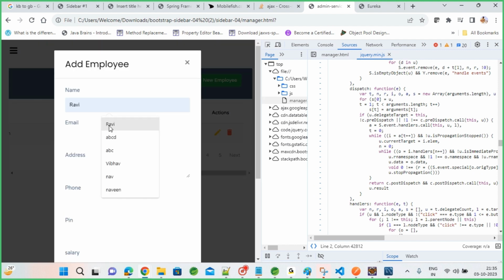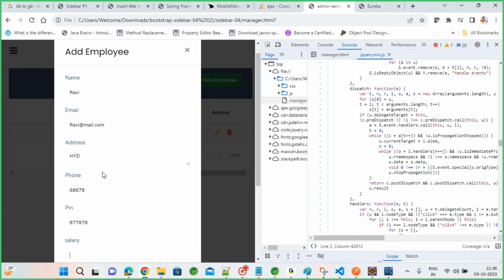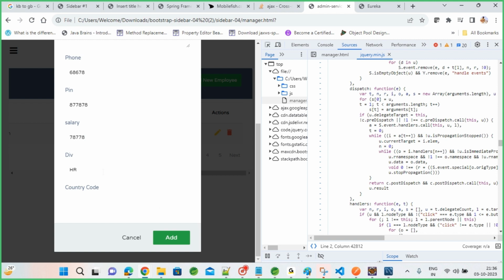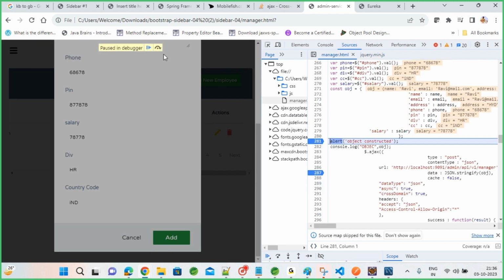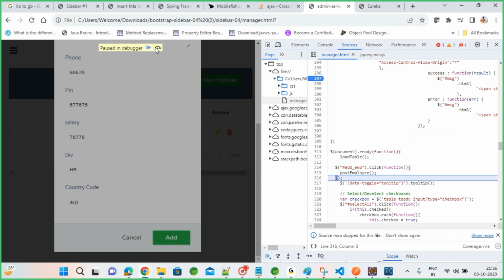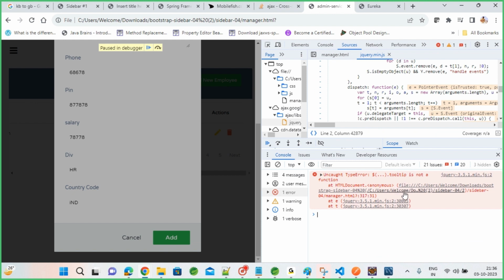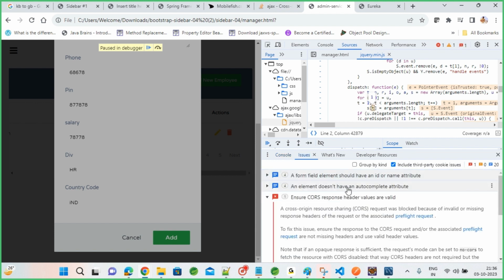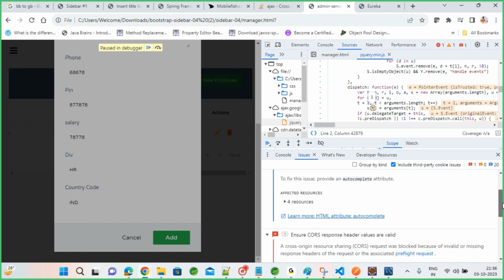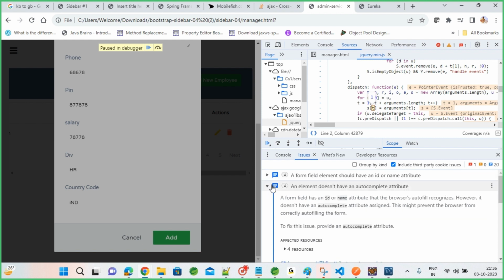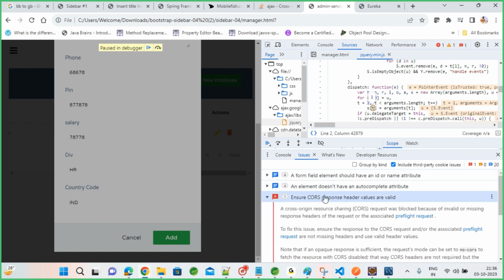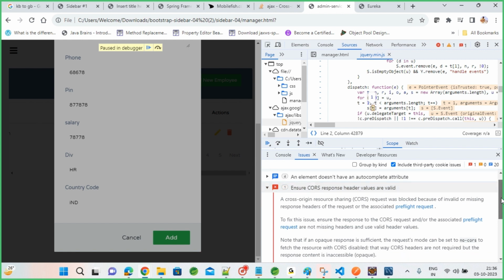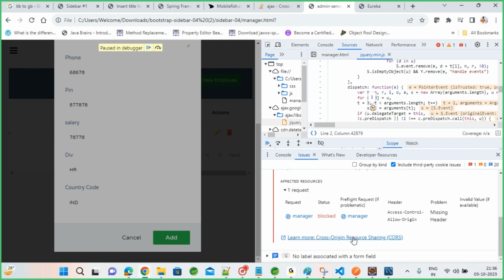I think updated code not there, right? I will add it. Last attempt. Okay, we will try this tomorrow. Some suggestions and for include third party cookies. Okay. I'll find it out. Why